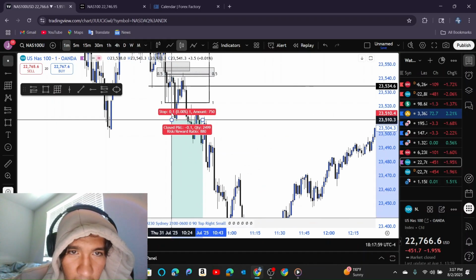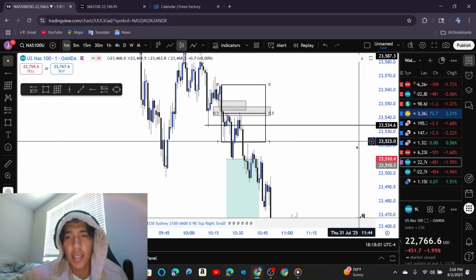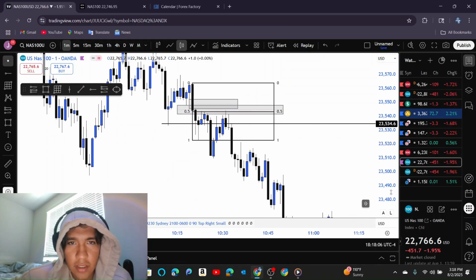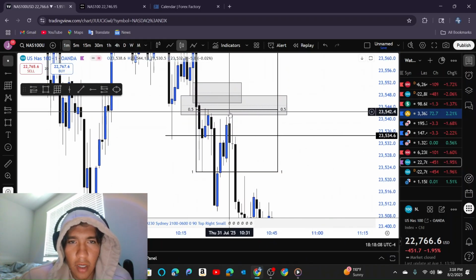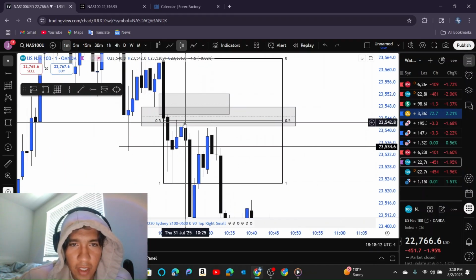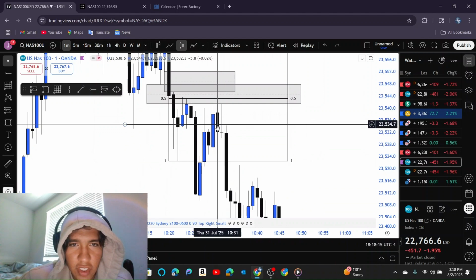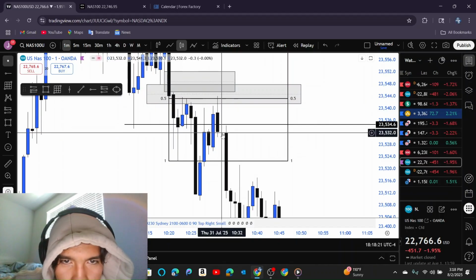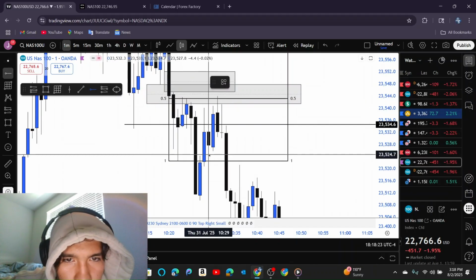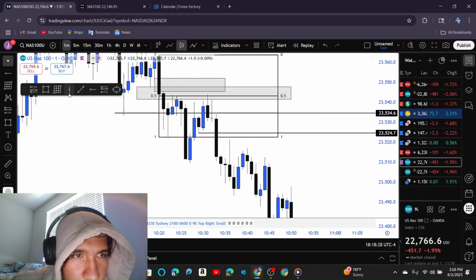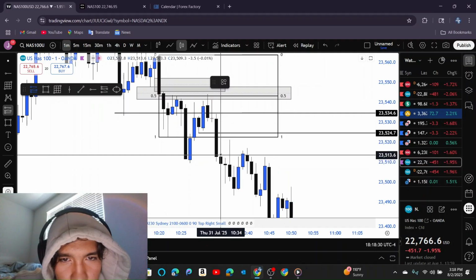So I mean, looking at it, man, that would have been a solid one to take. You could have been a little bit more patient and seen a little bit more push to equilibrium because I get it, this right here wasn't so strong, so you could have waited, push to equilibrium, boom, it comes into it and the fair value gap. So you have your confirmation, boom, down close. We have here, boom, another down close, and then we have break of structure. So then you could have waited, break of structure here,